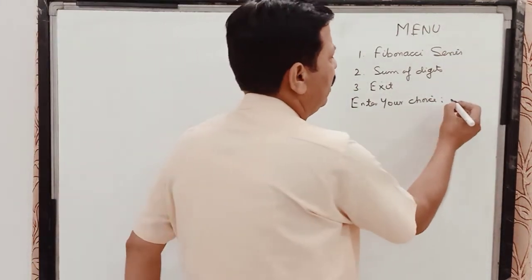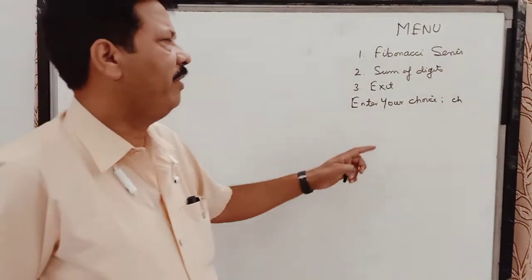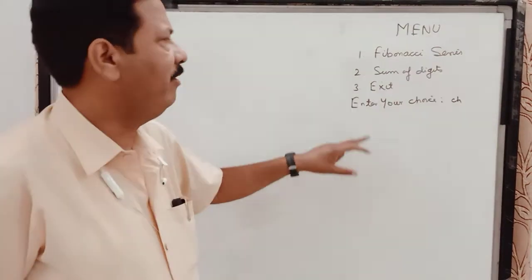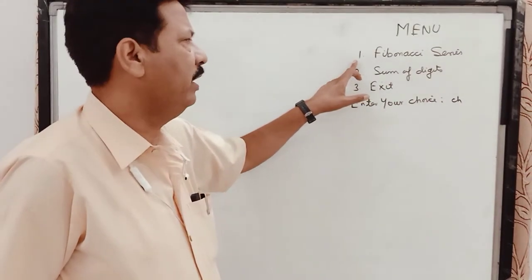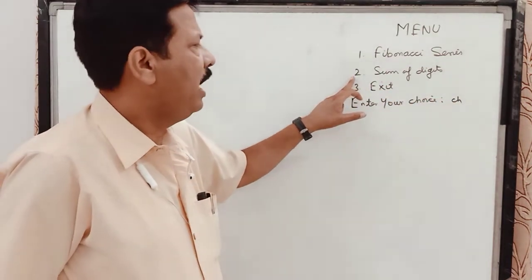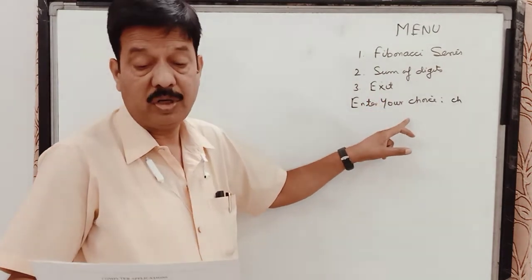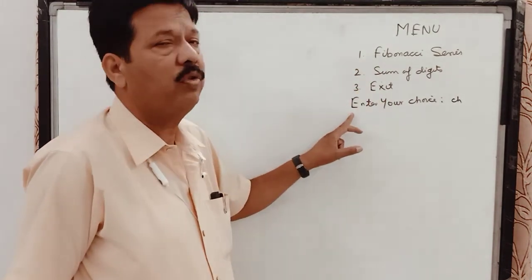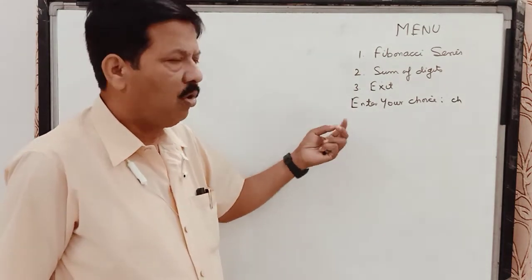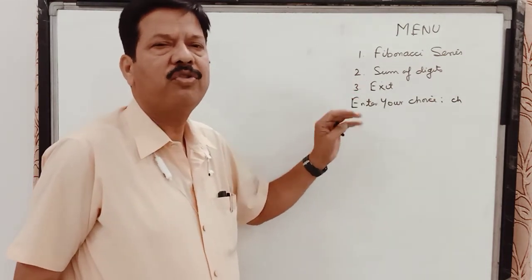Say the variable which I am going to take in this program is ch. Now if he enters the value 1 in ch, he should go to the part of the program where this Fibonacci series is done. If he enters 2, then the program should go to sum of digits, and if he enters 3, then the program should exit. For an incorrect option, if he enters other than 1, 2, 3, the program should display an error message, and according to me it should again come to the menu. So it should start with the menu, it should stop with the menu.